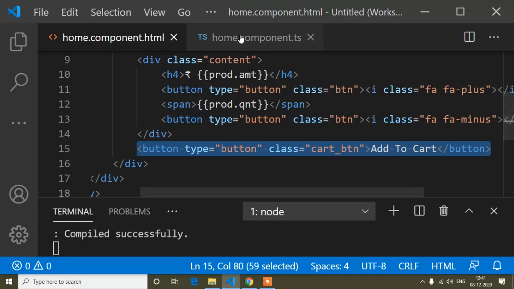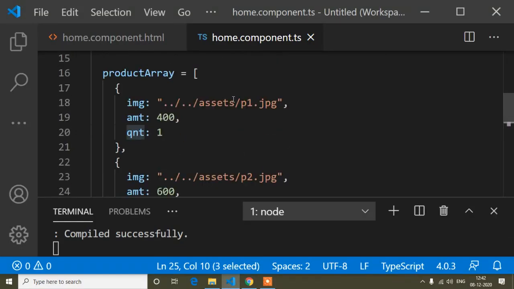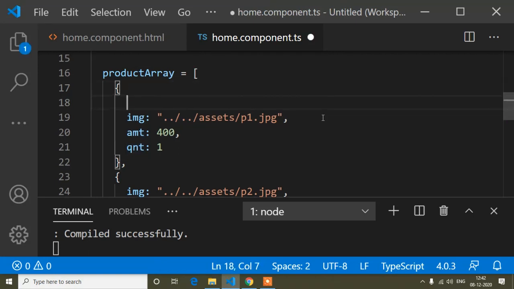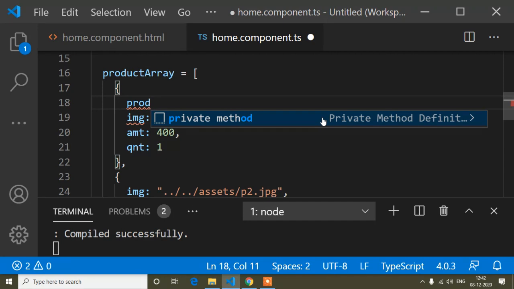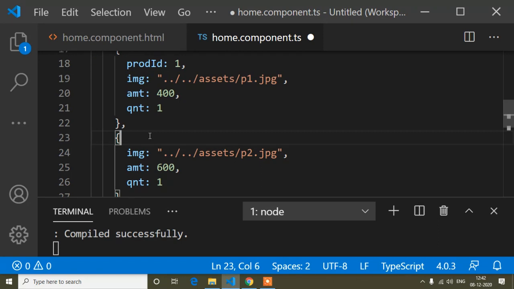But before that guys, I will say one thing. Here I have to add something unique, because there are 4 products here. So for these 4 products I have to maintain one thing, that will be unique. So here we can add PRODID, this is for product ID. Okay, so I have written the property name PRODID, but you can write any name for this property. So the product ID is 1. This way we can make every product's value unique.